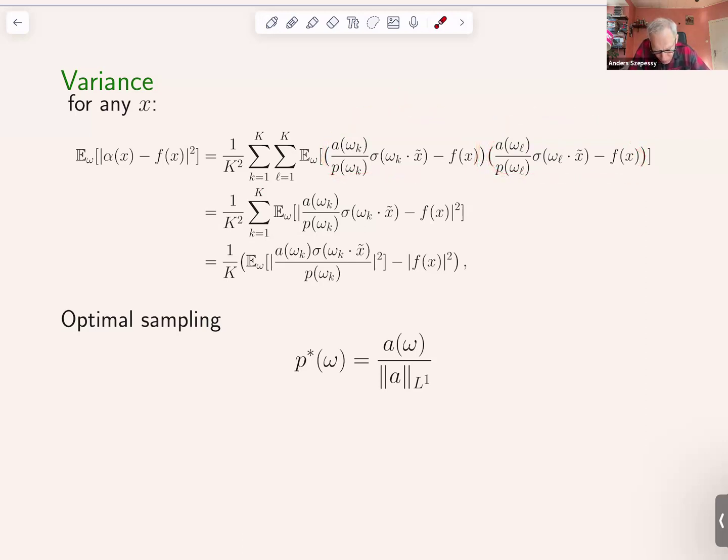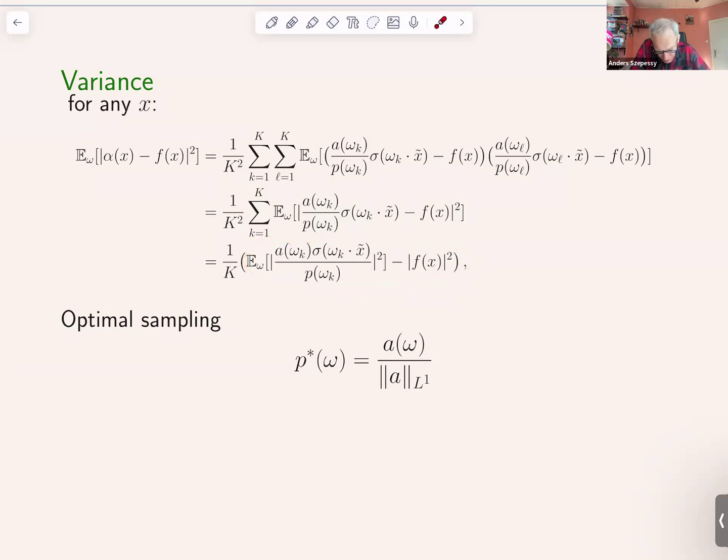Now, since the frequencies omega are independent, when we have k different from l, the product cancels by taking the expected value. So only the square survives, and we have only one sum left, and 1 over K squared, and then the sum over k, we can simplify to 1 over K, and here we obtain an estimate of the variance. So we have 1 over K and a